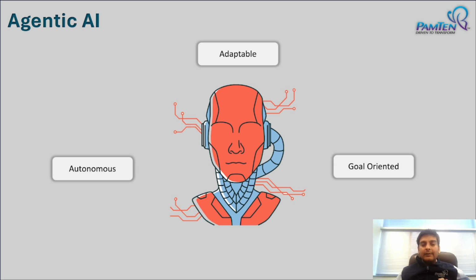Now, if we take this example of a self-driving car, what happened in our traditional AI system was it was just looking for maybe a left turn or a right turn, and it would take that. But since the advent of agentic AI, what the self-driving car will do is it will try to collect information from its environment. There will be a loop where it will retrain itself or relearn from its environment and understand, hey, maybe if I take this right turn, it is not probably the best route or it is not the easiest route to go. If I take the left, maybe that will be the fastest route to go to my